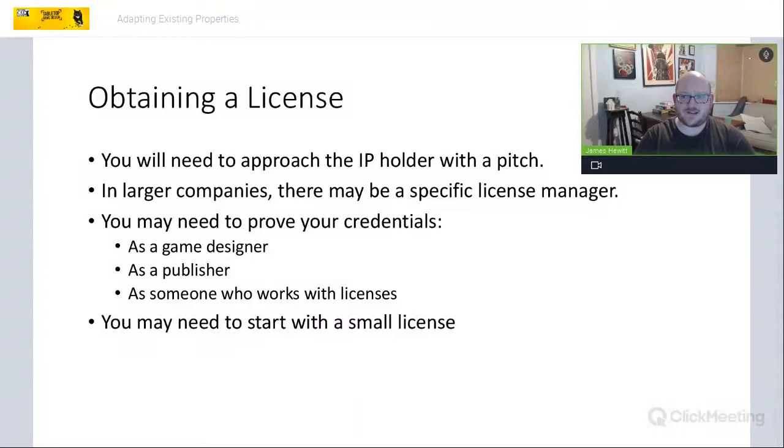That pitch could be a short video prepared, which is you showing off how much you like their license or their IP, how much you have wanted to make a game for it for a while, and you showing the game that you've made. Again, you're keeping it very small and you're just showing them maybe 5 minutes of play. It could be that you reach out to them at a licensing show. There are shows you can go to